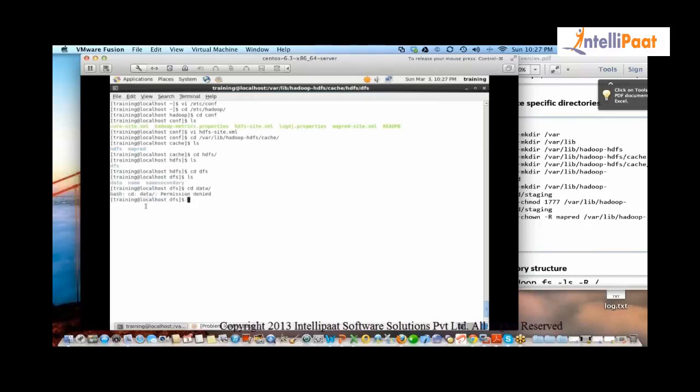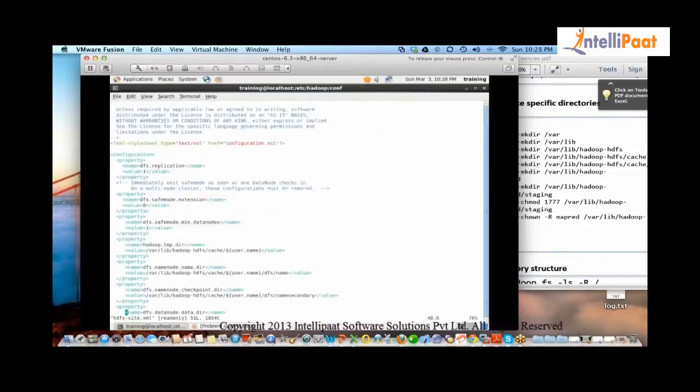I cannot go in. Why? Because when you logically say hadoop fs -ls /, the tmp and user directories logically appear here, but physically they are stored inside this data directory. Are you able to understand it?